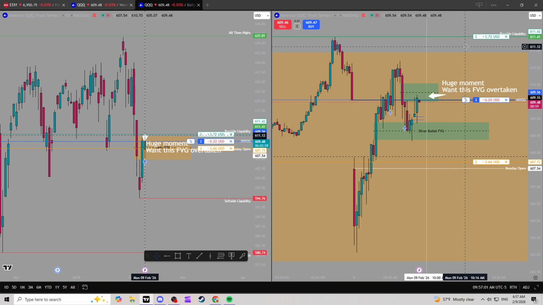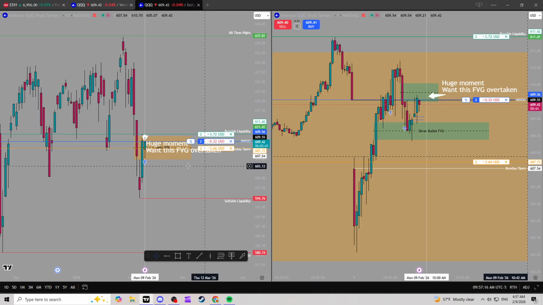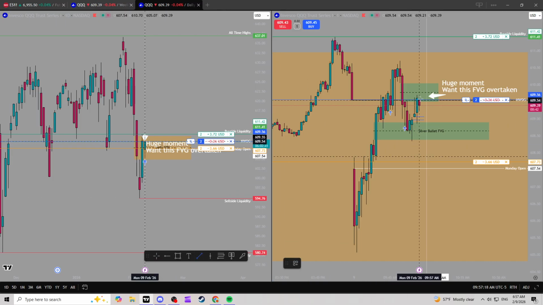Three minutes remain. I do like how that candle closed over the new week opening gap. However, we do have another volume imbalance now, right at the new week opening gap. So I'll put another one right there. Yeah, that's no bueno. That is not good at all for our trade.